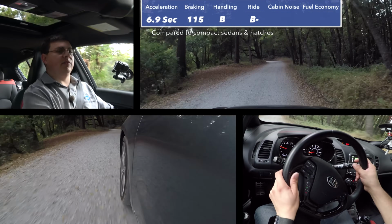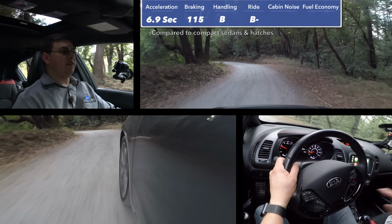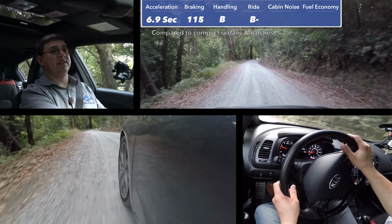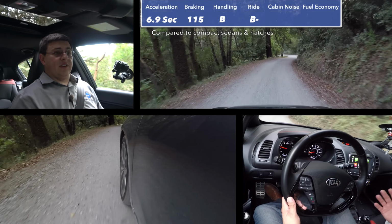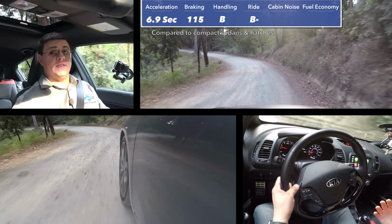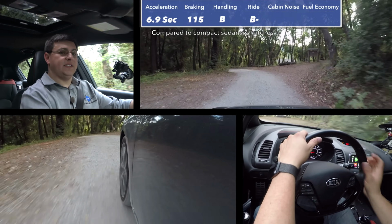Out on rougher roads like the gravel road that we're on right here, the Forte does a fairly good job of accepting most of the bumps in the road, although this suspension is obviously firmer than you'll find in most Forte models or most models of the competition. That's logical, of course, because the SX trim is the sporty trim, so this is going to be a little bit firmer than your average Honda Civic or your average Toyota Corolla, but this is fairly equal to something like the Civic Sport. Now, if you really start pushing the Forte harder in corners, the ride quality does deteriorate